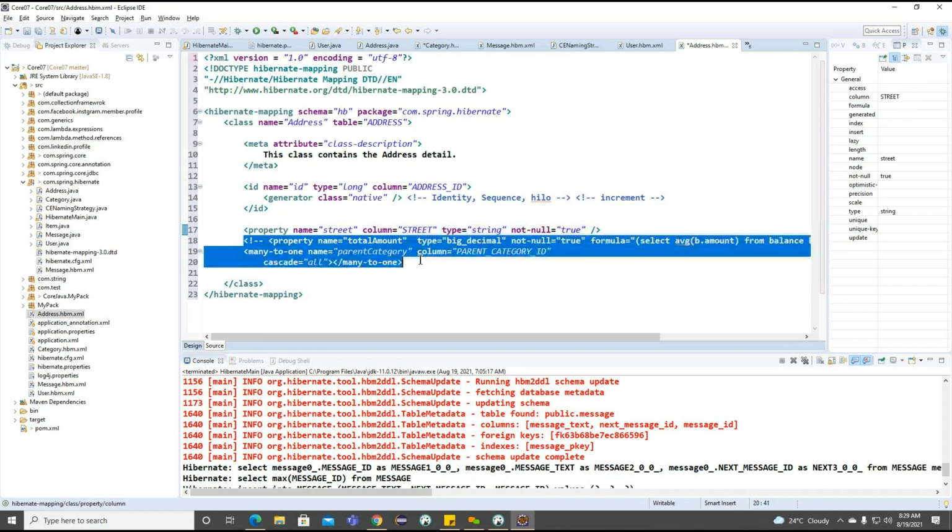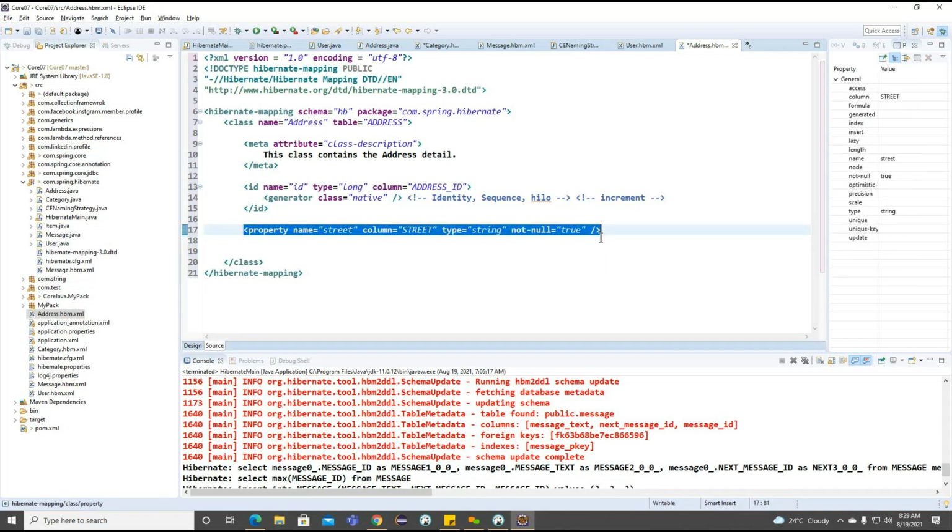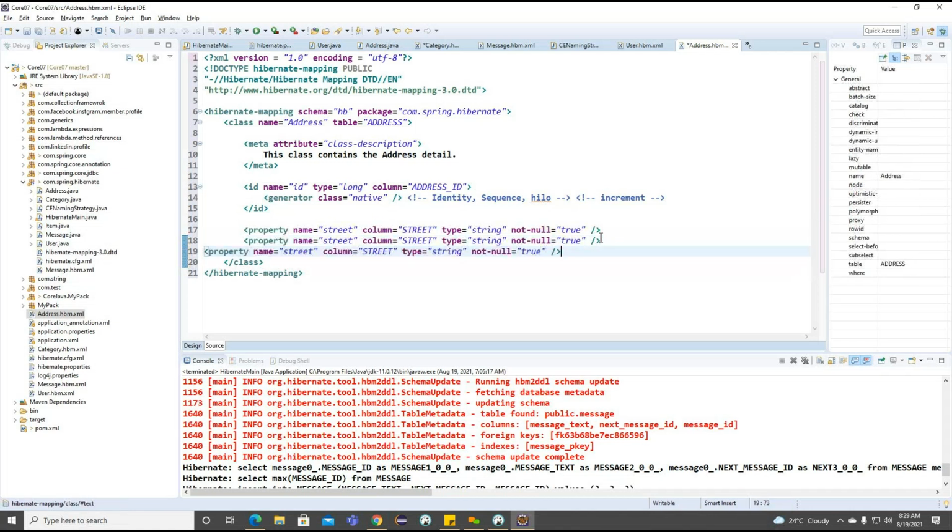Type string, not null true. So three properties.